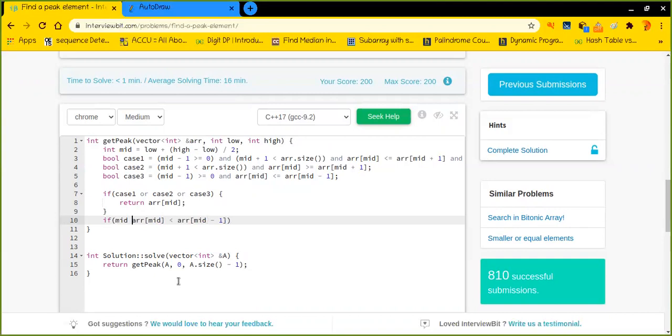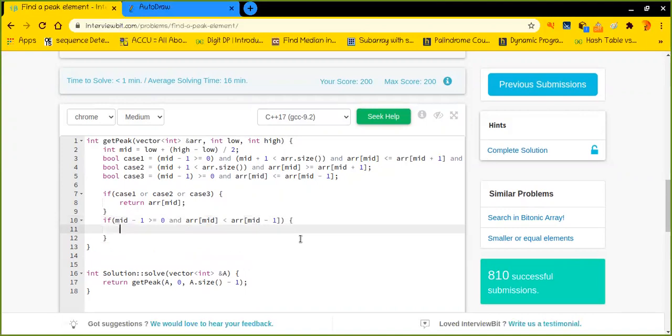So in order to check it, I need to verify whether mid minus 1 is bigger than or equal to 0. I mean, that should be at least the 0th index. Because if mid is, let's say, 0, then 0 minus 1 is negative 1, and negative 1 index does not exist. So for that, I have to check it.